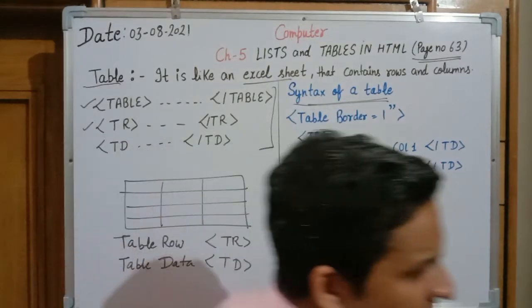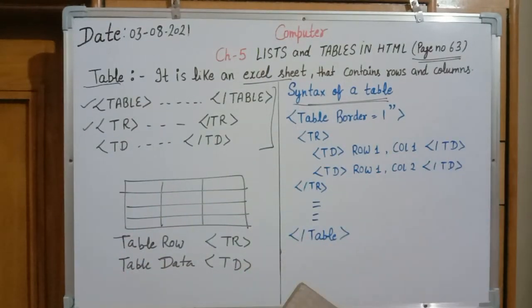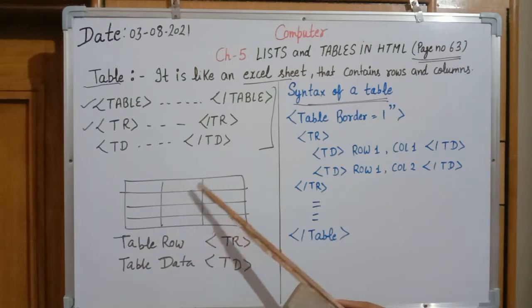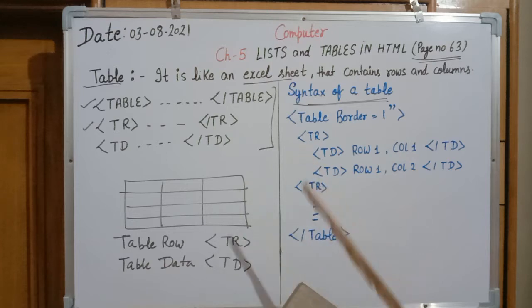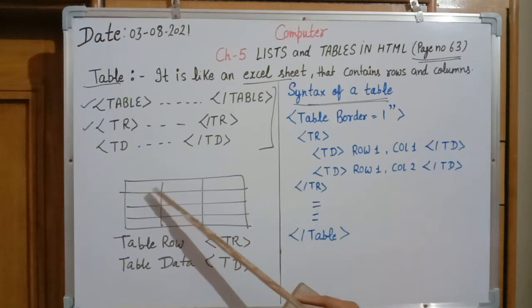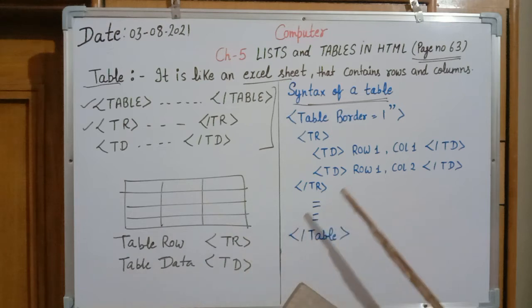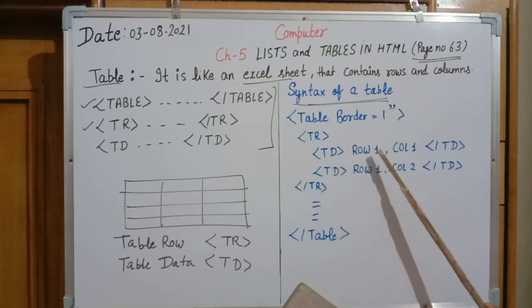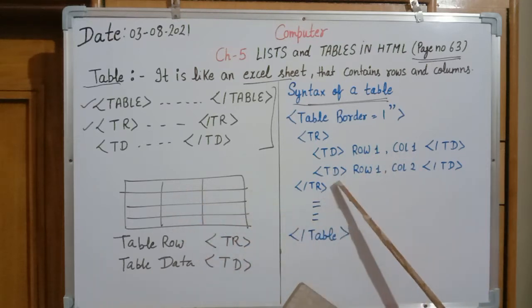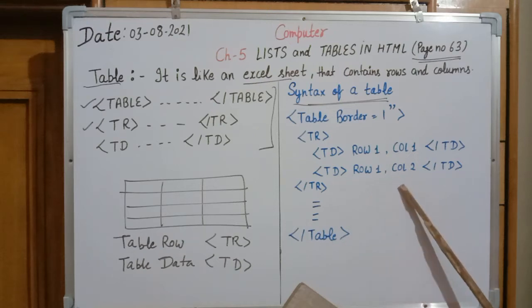Afterward, in the table, we have to create a row first. At first, the row will be created, and in the row, the columns will be created. So for creation of a row, I have written tr. It is the first row. In the first row, I have created the columns now: column 1 and column 2. For creation of columns, we will use the table data tag. So td row 1, column 1, and then I have to write a value in the second, td row 1, column 2.